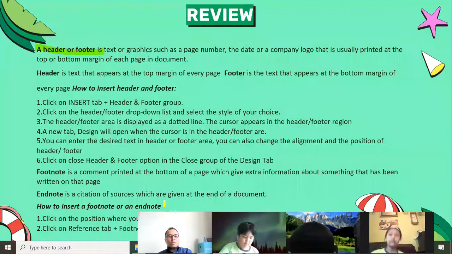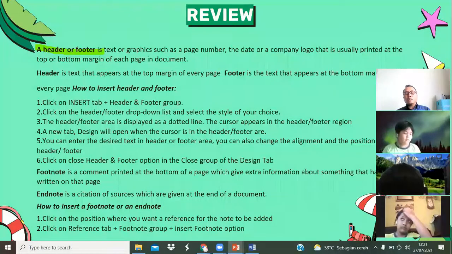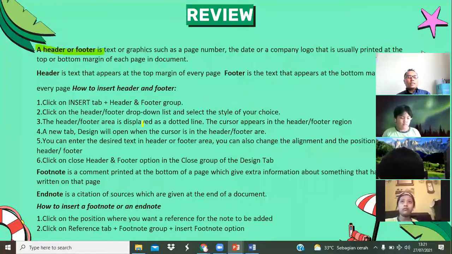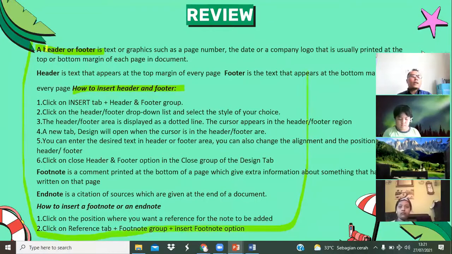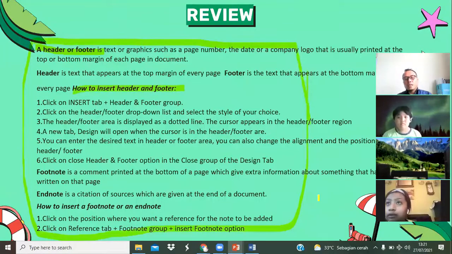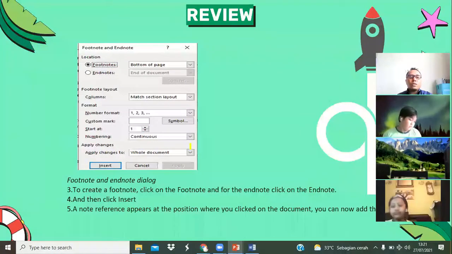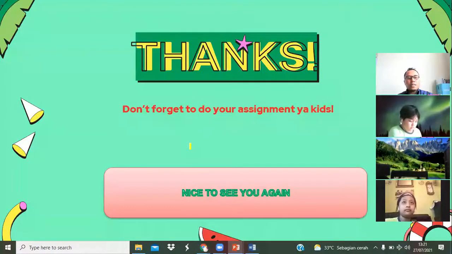This is review or bisa kita buat in bahasa kesimpulan juga, ya, kesimpulan the lesson today, ya, about header, footer, and how to insert header, footer, and also how to insert footnote, endnote, and what is the definition of them. Apa definisi mereka, semua di sini ada gitu. Okay, I hope you memorize it. Okay, student, we continue to the next. That is practice directly in Microsoft Word.